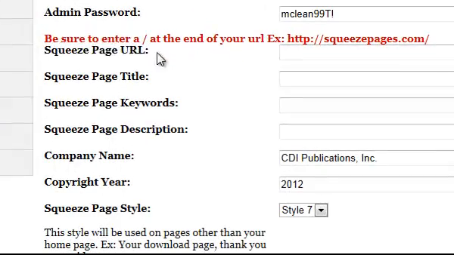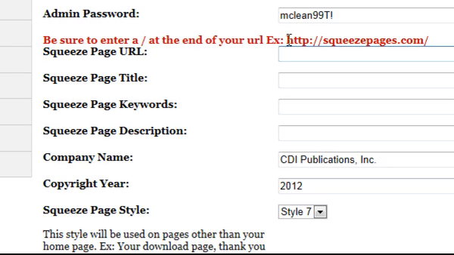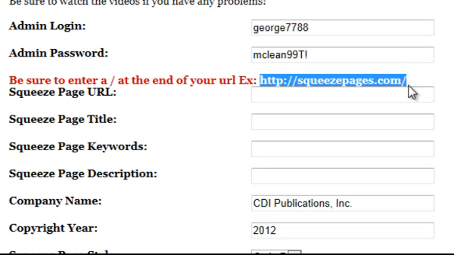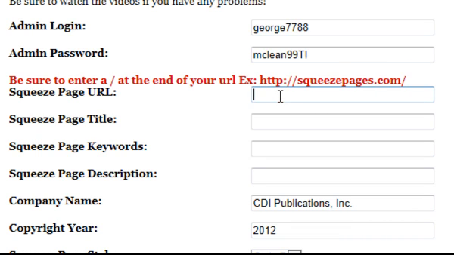The next section here is going to be your squeeze page URL. So wherever you've actually installed the squeeze page, that's where you're going to put in here. So if say your domain name is going to be dogtrainingtips.org, and you want the squeeze page to show up right on the front of dogtrainingtips.org, you'd put in here dogtrainingtips.org. For us, we're going to put in squeeze pages, and you want to make sure that you actually include